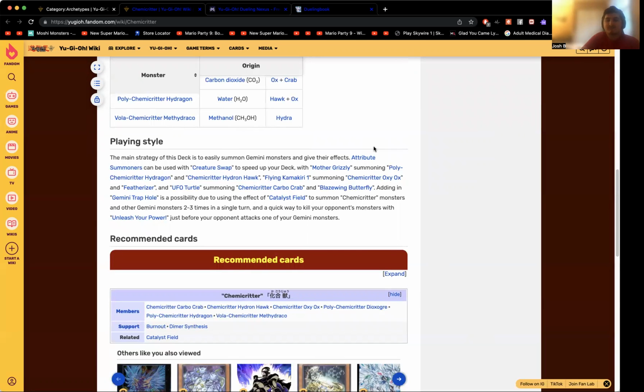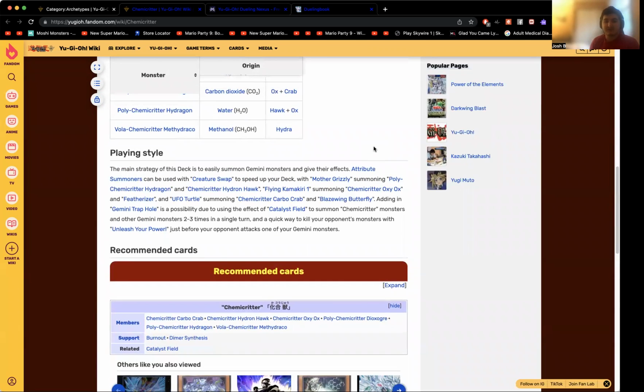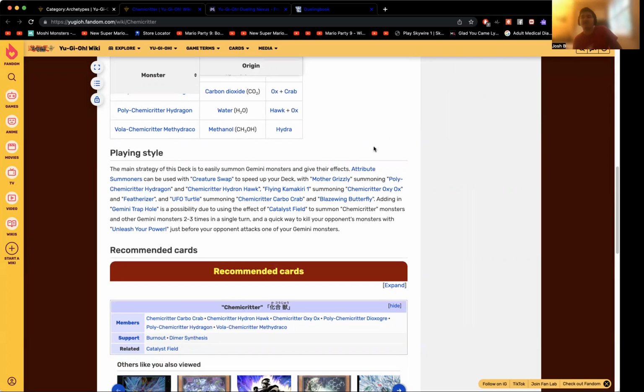Now, we are not going to put in Creature Swap, Mother Grizzly, Flying Chemichiri number 1, UFO Turtle, because even though they can help with the Chemichritters, I just don't want them to interfere with our deck planning. But we will play Gemini related cards because it's not every day that you get to play a Gemini deck, right? All right, so